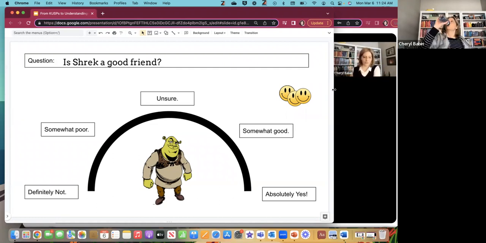Now, this idea also comes from Garfield Ginny Newman, and he would pose, well, is Shrek a good friend or not? And so students would then grab a happy face, or maybe you put this on the wall in your classroom, and they would have to decide based on the evidence that they saw what they think, if Shrek is a good friend or not. And then they would have to back it up with evidence.